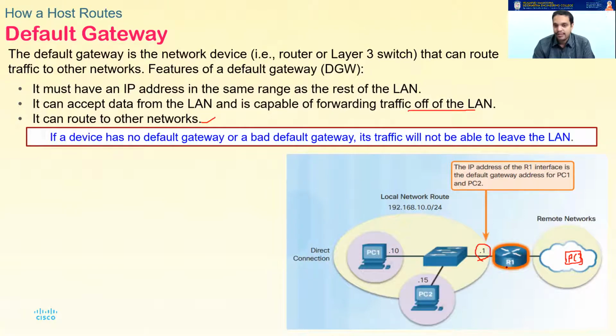Now, sir, how do you define the default gateway? Please remember that the IP address of the router's interface to which this network is connected will become your default gateway. So in PC1 and PC2, I have to specify it. There is a slot for the default gateway in your IP address assignment window. In the default gateway field, I have to write 192.168.10.1. Only then can PC1 send a packet to the outside world. Similarly, in PC2, I have to set the default gateway as 192.168.10.1, and also for this particular switch.